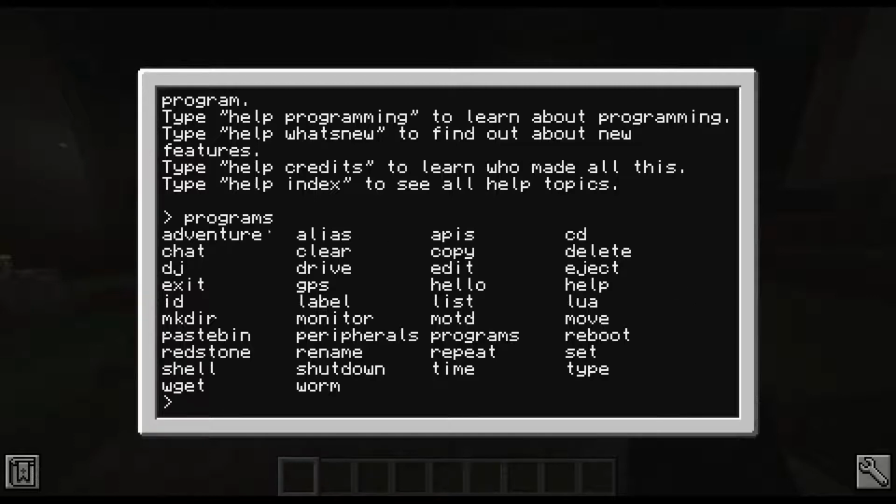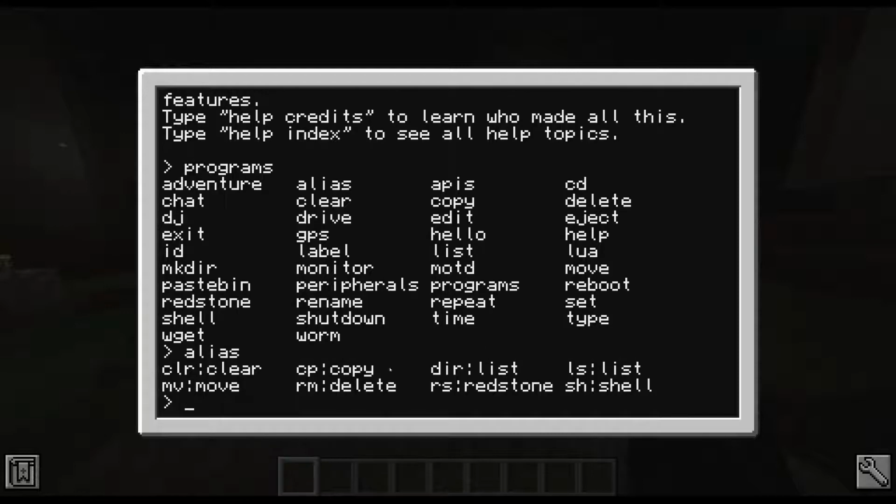Looking here, I can actually tell you what most of these programs are. The adventure program is the game Adventure, which is just a text adventure game, which is fun to try. Alias, actually, I don't entirely remember what that does. And this is,